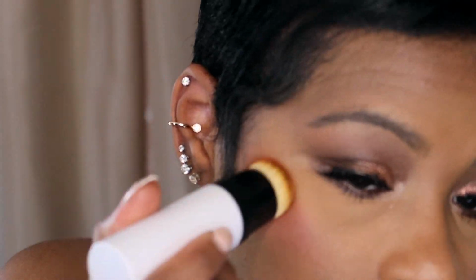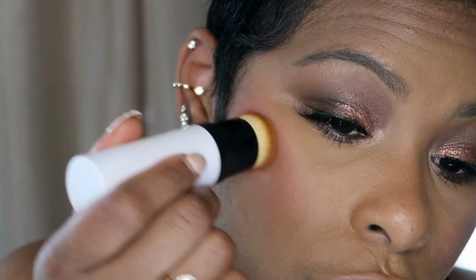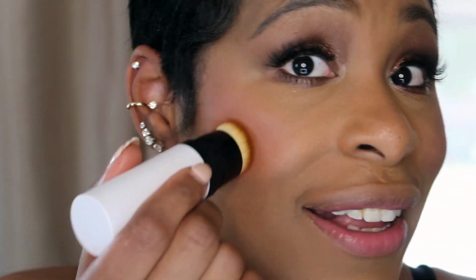Yeah, I like it this way. I'm able to control it better, how I want it on. This is beautiful though. Mario, baby, you did this. This is nice. Yeah, but this is way more pink than I